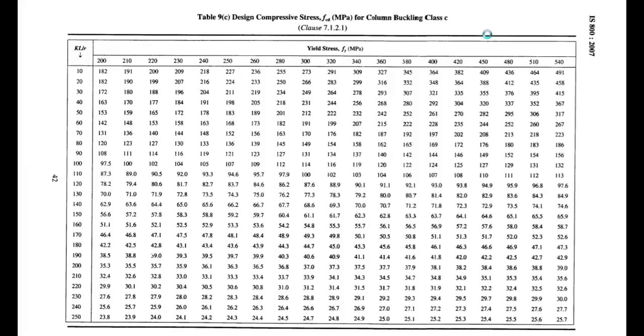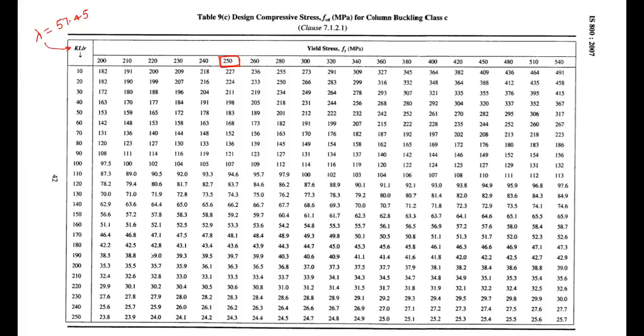So here, as we were talking earlier, along the y-axis you have the different values of KL by R, and along the x-axis you have the different values of yield stress. So it is very clear that we are going to take the yield stress value as 250, right? This you don't need to confuse. For any kind of thing, the Fy value is fixed, which is 250. Now, what is the lambda value? That is the slenderness ratio value which we have got, 57.45. So lambda is nothing but KL by R. KL by R or lambda, they both are the same.